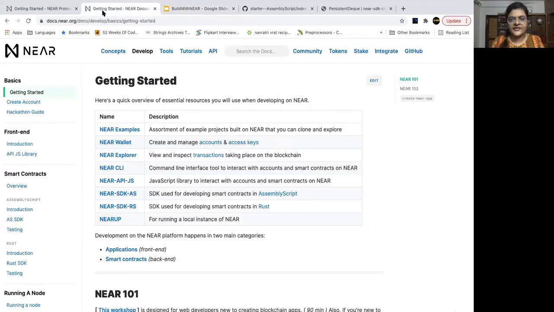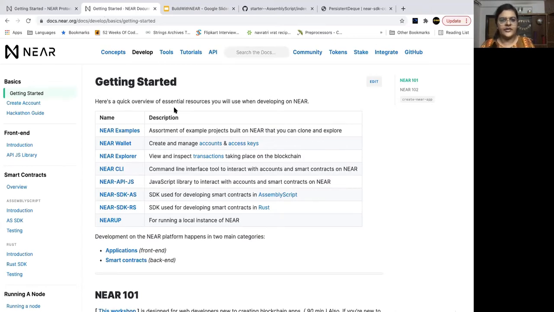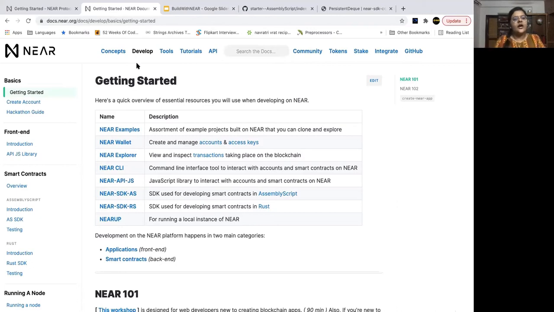So like I mentioned, the first thing, of course, is the prerequisites, right? What do you need? How can you set up in order to start developing with Near? Well, getting set up is pretty easy. If you go to docs.near.org, and I will be posting these links in the description box as well, you can see that there are a couple of links that would help you in terms of different examples, how you can create your wallet, and what the Near Explorer is, where you can see the transactions. In order to work with contracts, you definitely need to have the Near CLI because that is what we are going to be doing today.